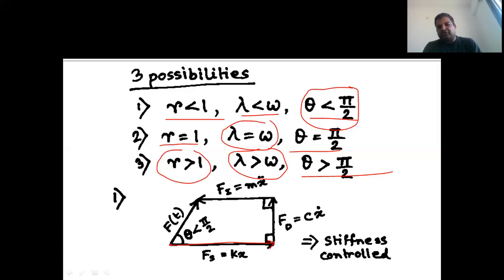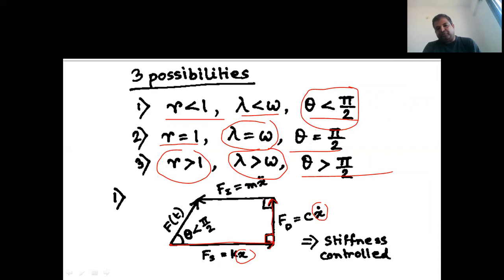Then you are going to draw the damping force. As you know, the damping force is the derivative. Here you can see this is the displacement and this is your single derivative of displacement, which generally has a phase difference of pi by 2. So this will be perpendicular to this. Whatever value comes, you can put it here.